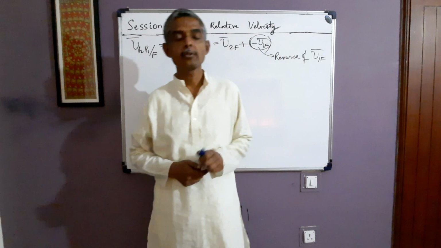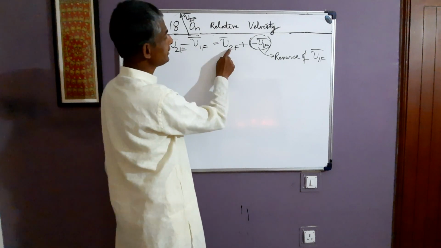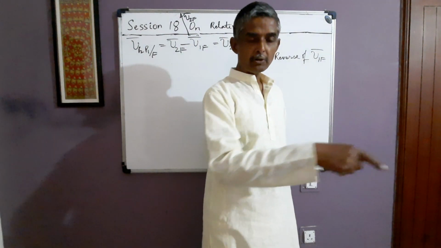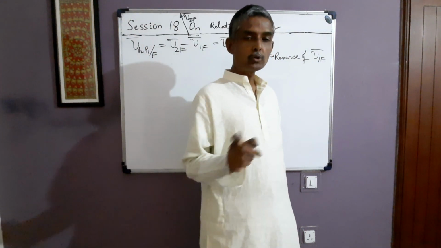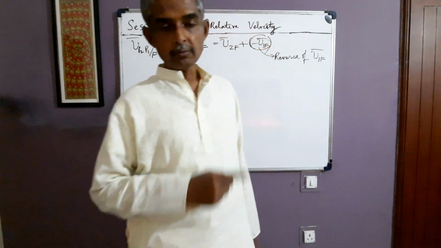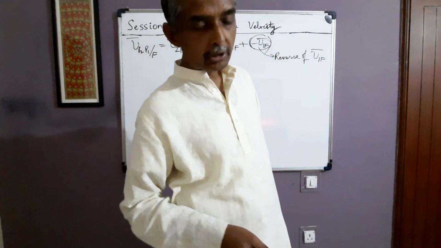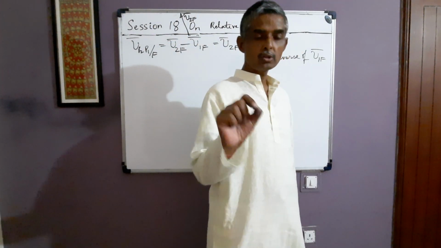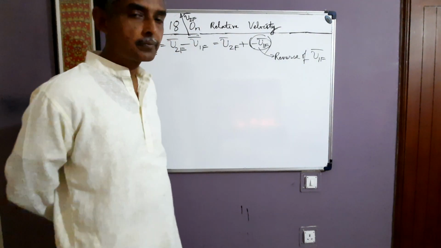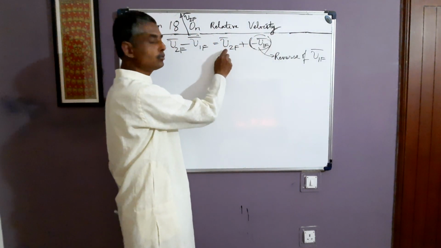If you have to find the relative velocity of P2 with respect to P1 in frame F, then we reverse the velocity V1F and vectorially add it to V2F. If we have to find the relative velocity of P1 with respect to P2 in frame F, we reverse the velocity of P2 with respect to F and add it vectorially to V1F. So this is the basic rule you must always remember. If you have to find V P2 P1 F, this means we reverse the velocity of P1 with respect to F, that is we take minus V1F and add it vectorially to V2F.